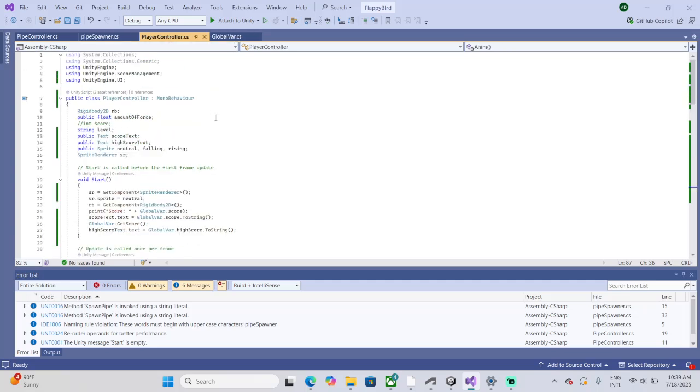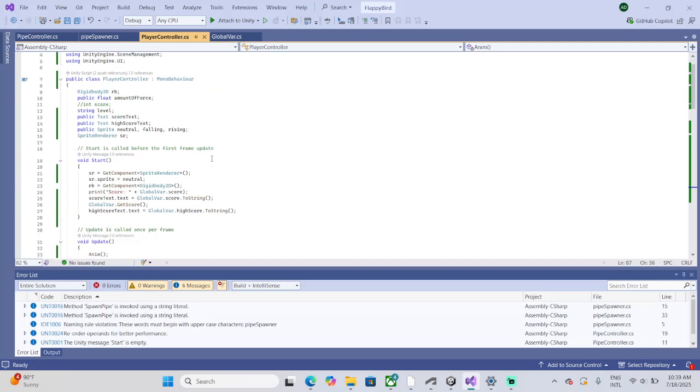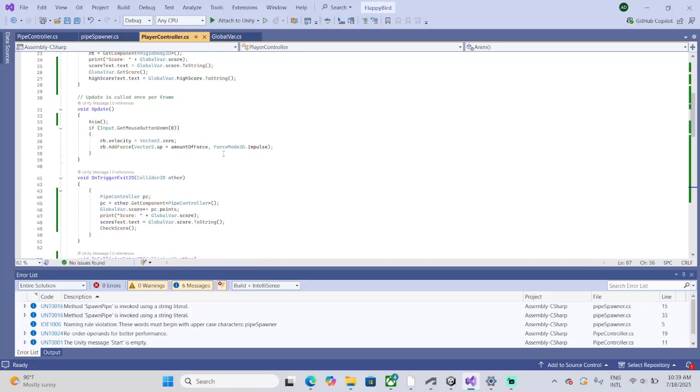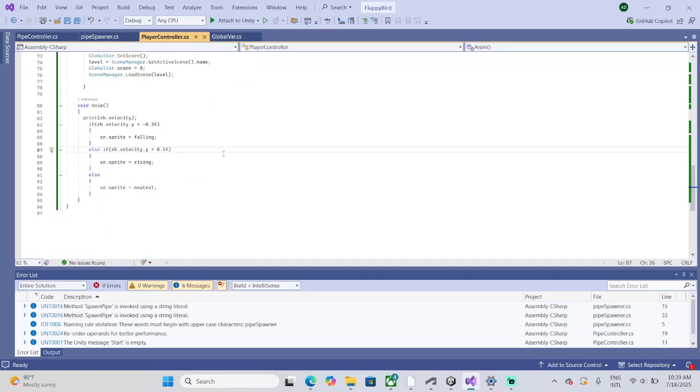And lastly, we did the public sprite for neutral, falling, and rising. This is like when you have a little group, since the 3 of them are the same type of sprite, you can make one public sprite and just separate them with a comma and put all 3. And then we made these